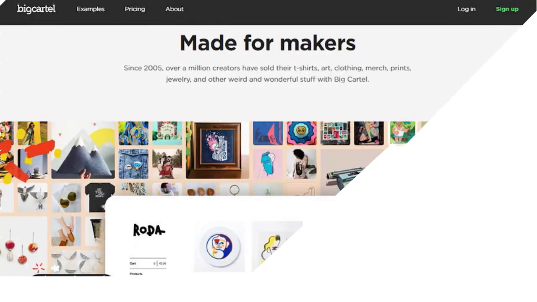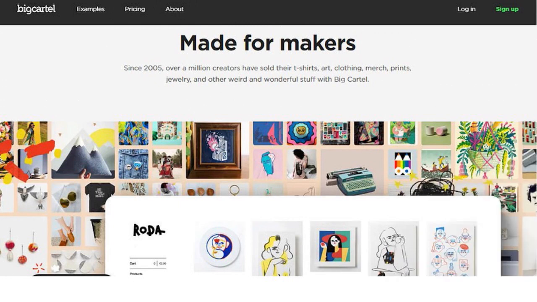Another platform you can use to create your online store for free without Shopify is Big Cartel. If you've got t-shirts, paintings, jewelry, or other crazy stuff to sell, then Big Cartel deserves to be on your shortlist for free e-commerce platforms. And we love Big Cartel because the platform gives you the flexibility you need to have an online presence real fast.